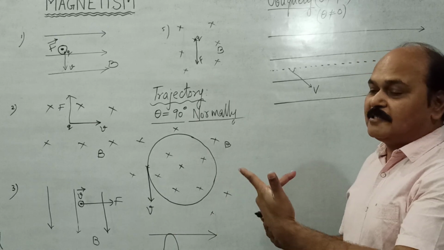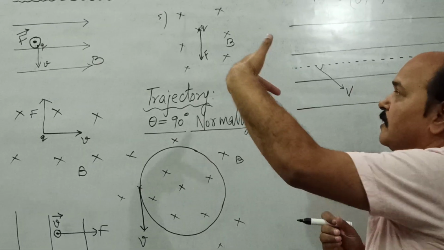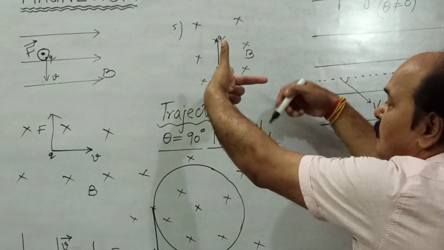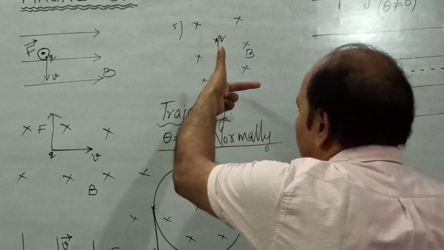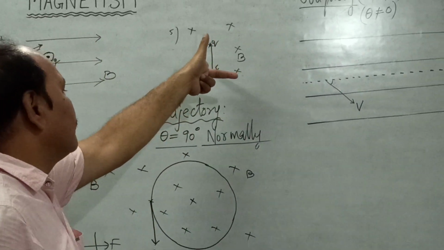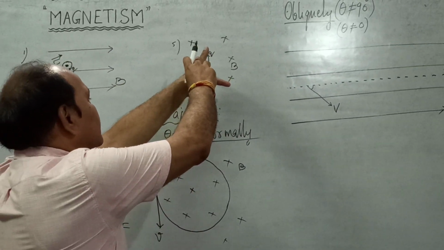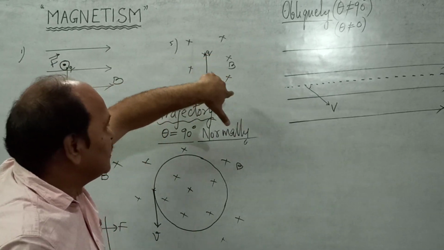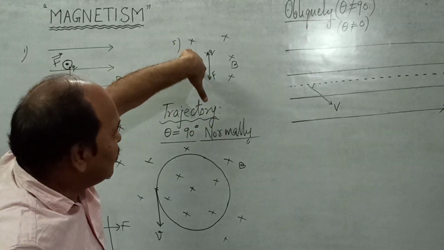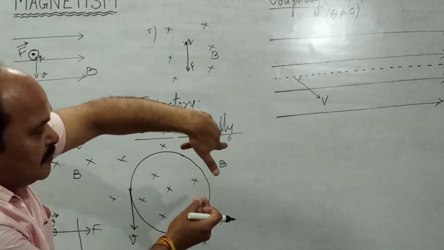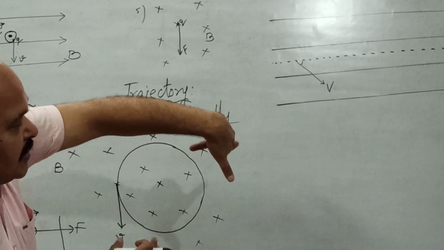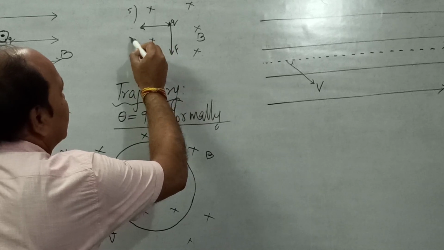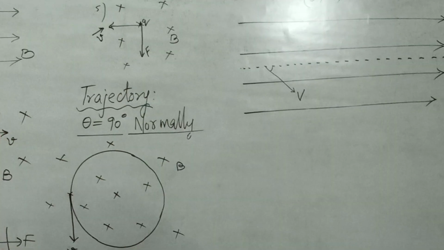Well, the magnetic field is cross, so let us take this index finger along the magnetic field. And where is the force? The force is down. That means I will have to rotate, without changing my index finger, and bring the thumb in the direction of force, like this. So this is the magnetic field, cross, and this is the force. So where is this tallest finger pointing? This tallest finger is pointing towards left. So this is the direction of velocity of the positive charge.